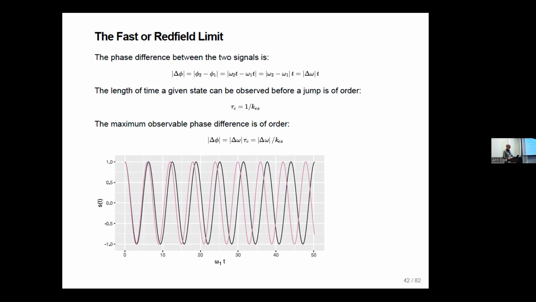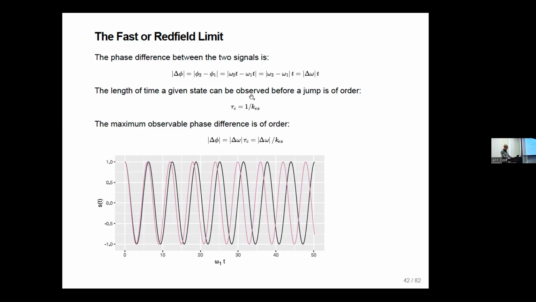Every time you have a jump, you're now evolving at a different frequency. So if there's dynamics, you're limited in how long you can observe a single state by the jump rate or the jump time. And